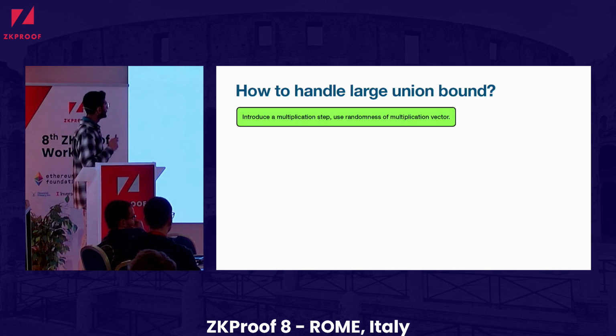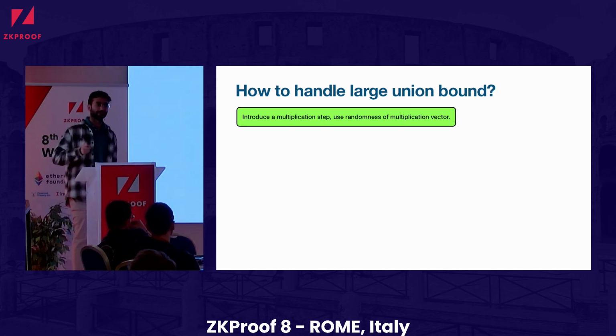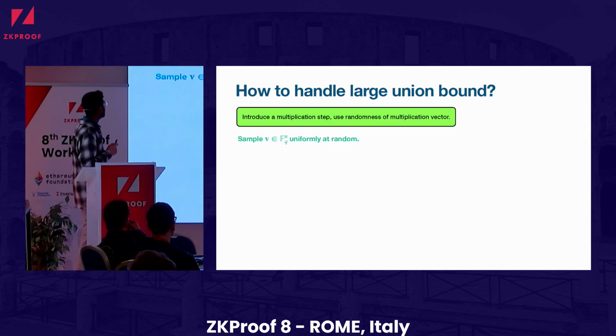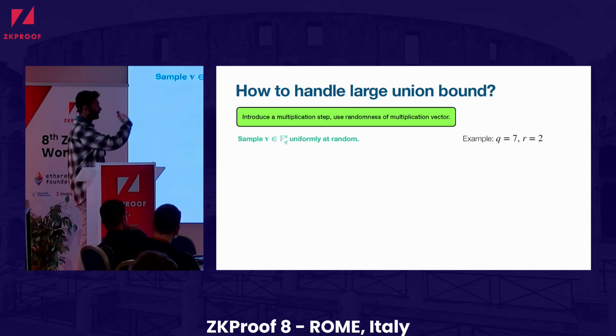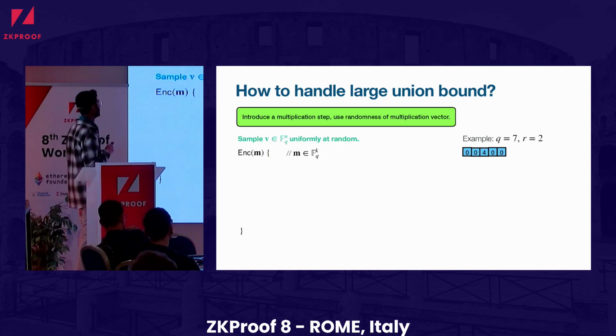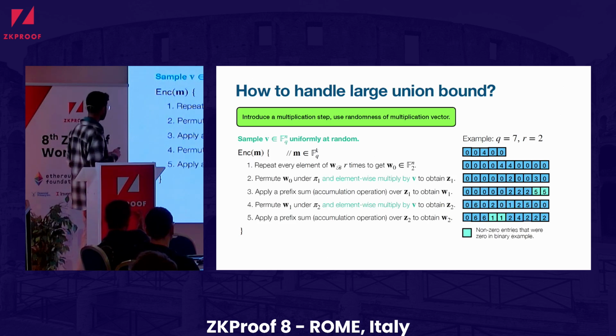OK, so how do you handle the large union bound for proving lots of on intervals? We introduce a multiplication step, and we use the randomness of the multiplication vector. So what do I mean? We sample V uniformly random from the field. And I'll, again, have a running example on the side, and I'm going to demonstrate what the encoding now looks like. So now, instead of a binary vector, you have a field vector. And the entire encoding procedure looks exactly the same, except after the permutation, you also do this element-wise multiplication by